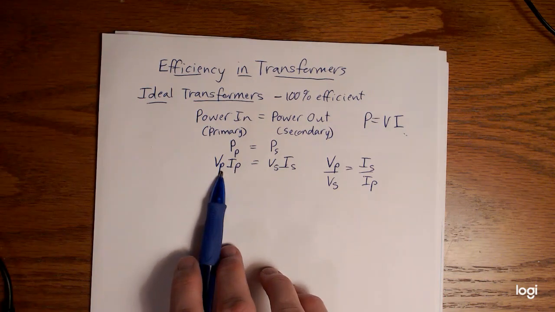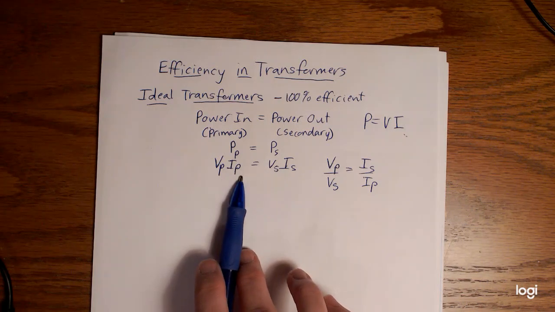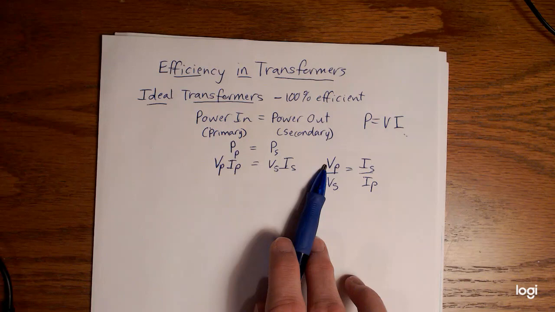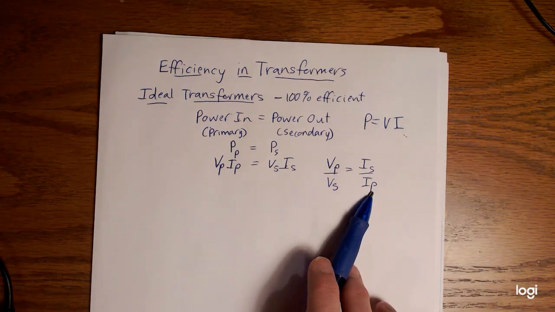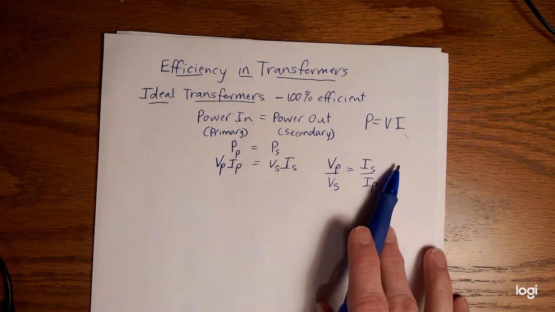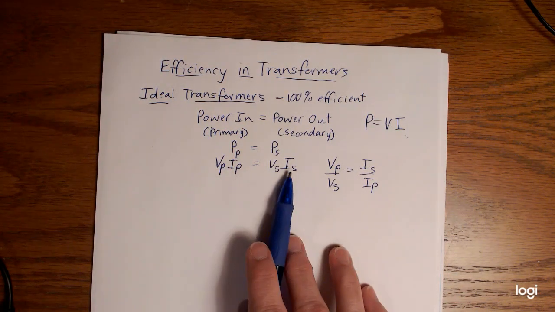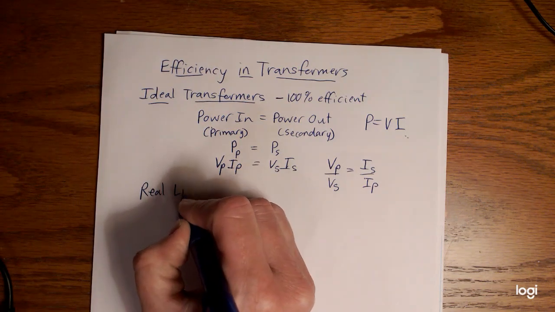Now, you're not going to have to replicate that derivation, but it's a little bit easier way to remember that relationship, because you want to notice the primary voltage is on the top, but the primary current is on the bottom, because as this one goes up, this has to go down. Now that's for ideal transformers. So if you ever see that in a question, that means that we get to use power in equals power out. For some transformers, more like real life transformers,